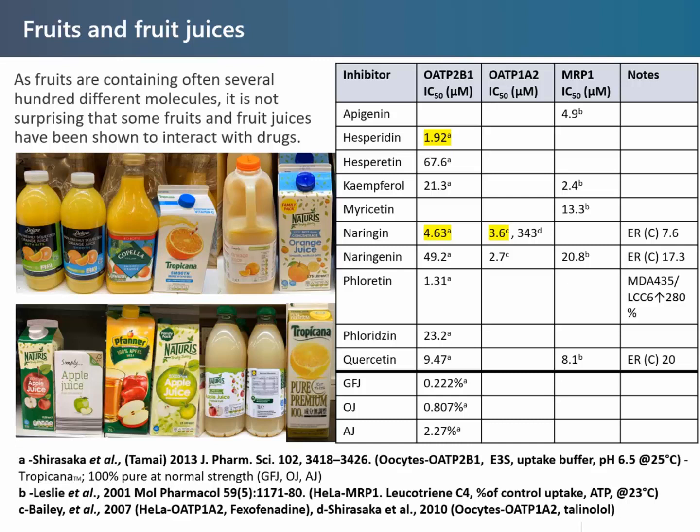The interesting thing that Glaeser showed is that if you have 2 hours between the grapefruit juice and the fexofenadine, the decrease goes only down to 38%. And if you have 4 hours in between, there is nothing any longer. So there is definitely something else with the fexofenadine. It was relatively quickly then isolated that it is the intestinal OATPs, and in this case, the OATP1A2. Now, OATPs in the intestine, I think predominantly they have been neglected, but there are two which we probably in the future will have a look at.